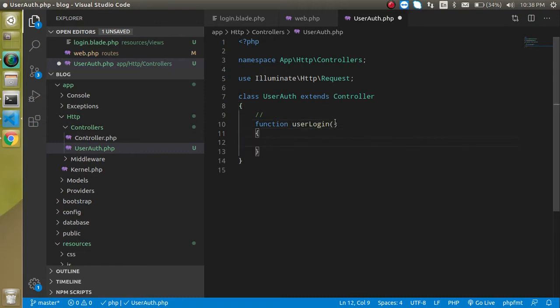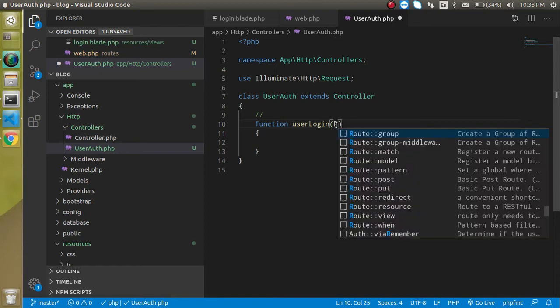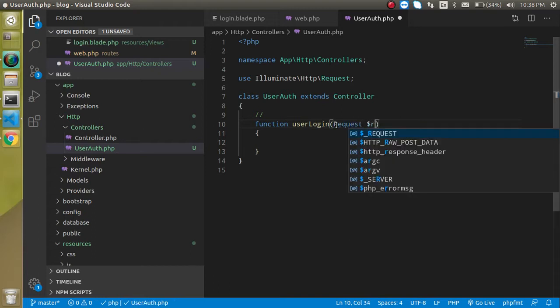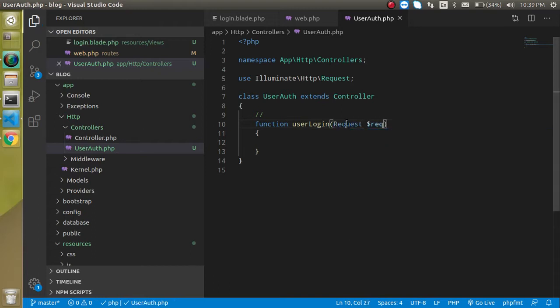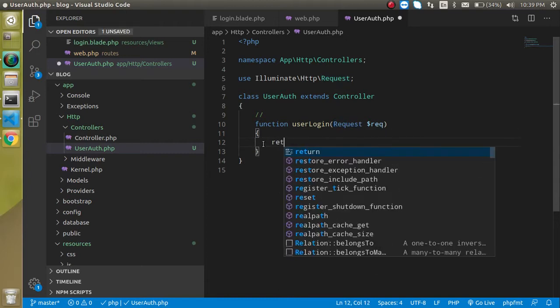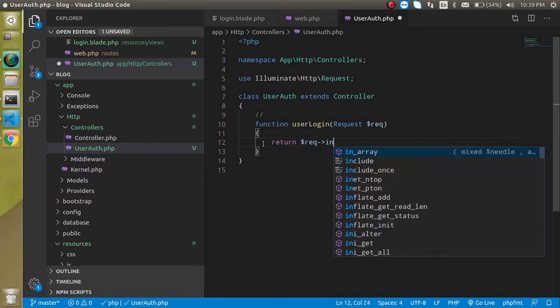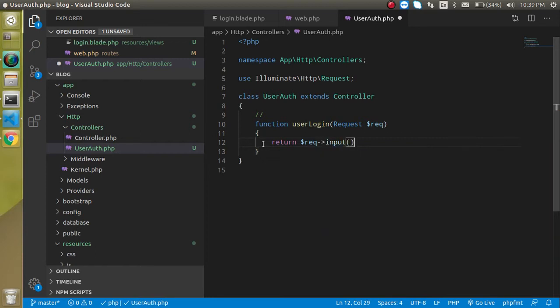And when we want to get the data from the form, then we need a parameter of the type Request. So let's take a Request type parameter, and this Request actually belongs to Illuminate Http Request. Now let's return $request->input(). It will return all the input fields that we submitted from the browser, from the HTML form, right? All right, so now let's create the